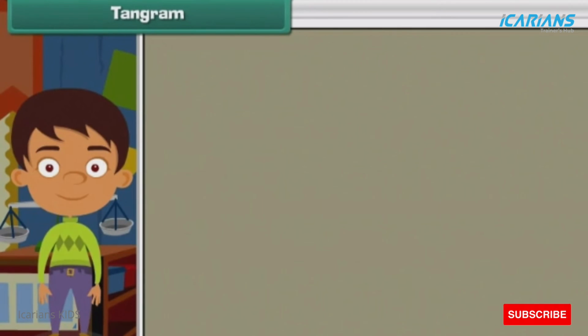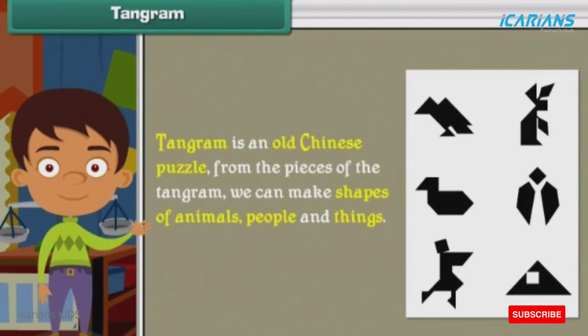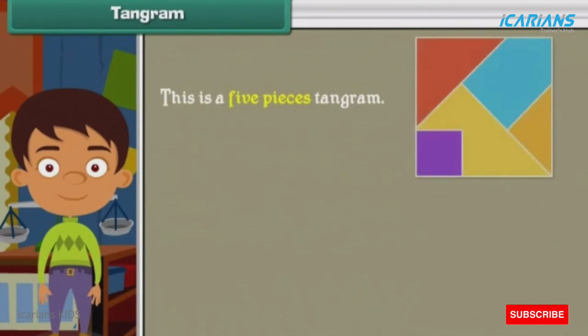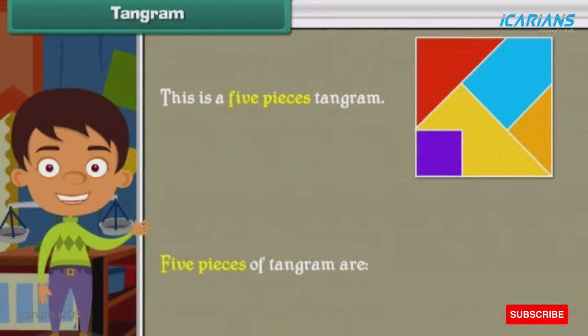Tangram. Tangram is an old Chinese puzzle. From the pieces of the tangram, we can make shapes of animals, people, and things. This is a 5 pieces tangram. 5 pieces of tangram are